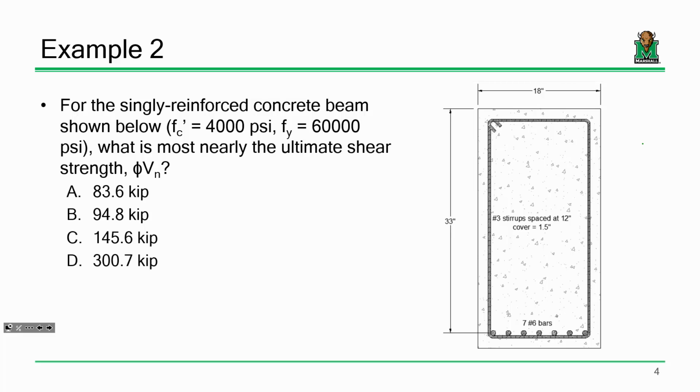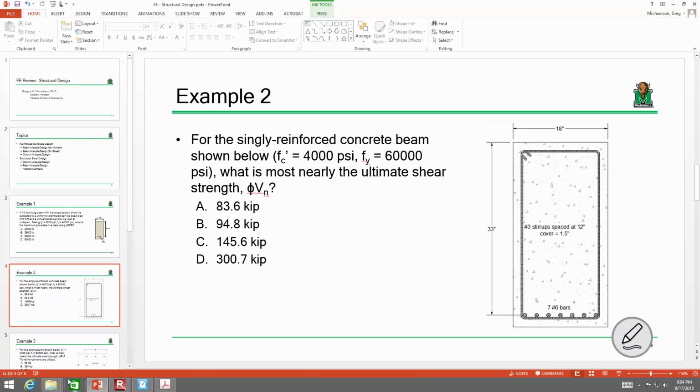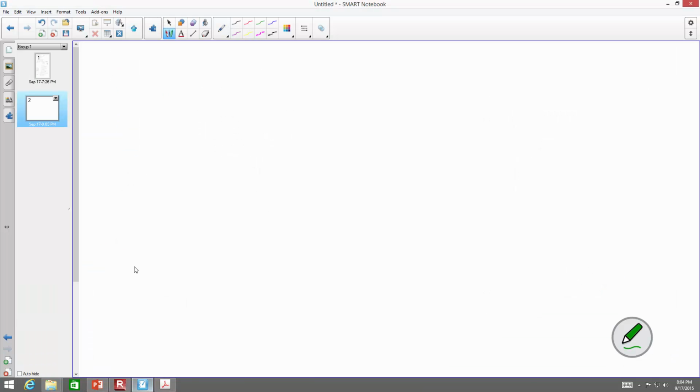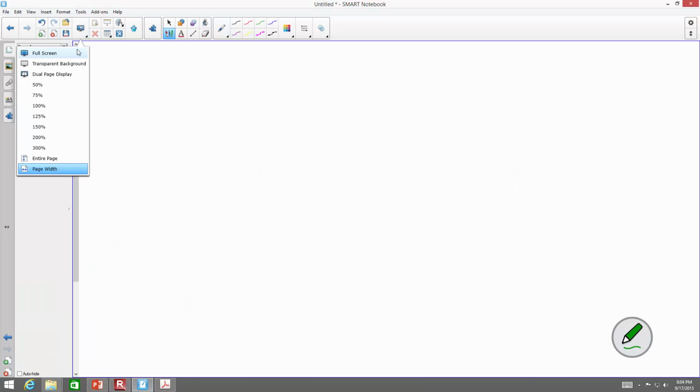Let's see. Let's see what we got. Now, all right, you all have your manual right there, so full screen. All right, so, okay. Now,